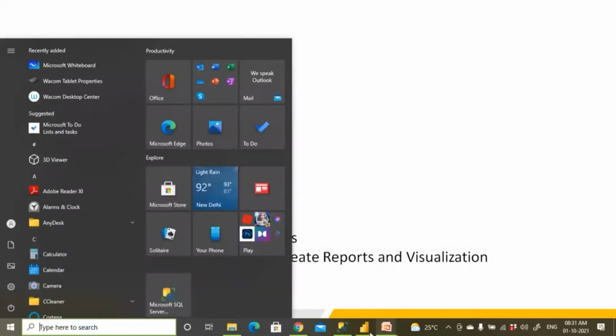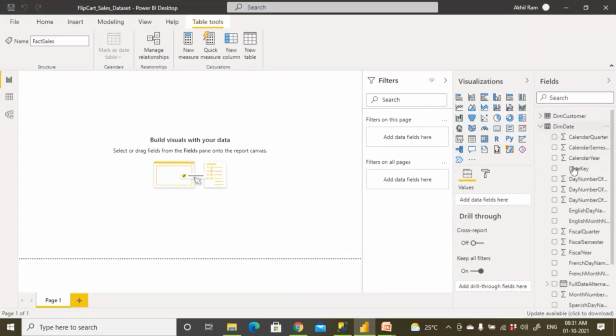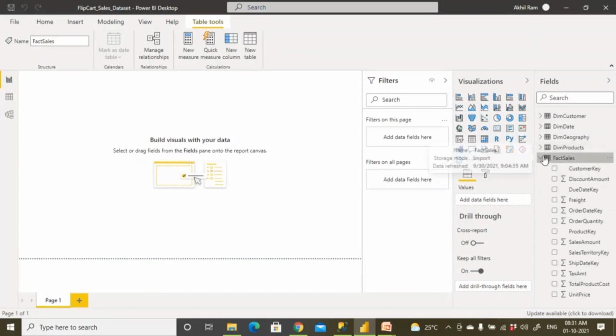So I have deployed a data set yesterday. So this is my data set, DIM customer data set. And I have taken full name, gender, yearly income. Then the next data set is DIM date data set I have taken. Then DIM geography, then DIM product, and DIM fact sales. From where